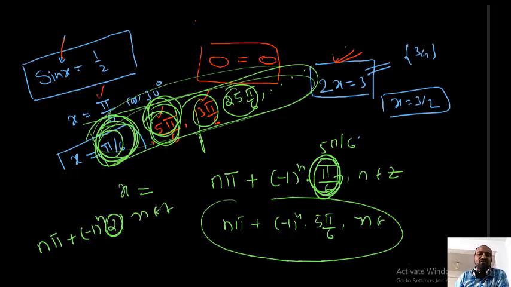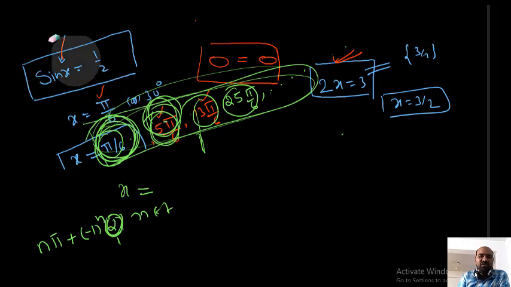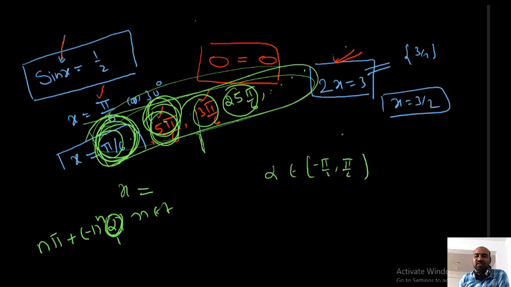So sin x equal half, these all are solutions, any one of them is called a particular solution. Alpha is a particular solution. Instead of this alpha, any angle you can write, either pi by 6, or 5 pi by 6, or 13 pi by 6, or 25 pi by 6, anything you can write. Okay students, so what is alpha? Alpha stands for a particular solution, but in our textbooks they say that alpha should belong to minus pi by 2 to pi by 2. Some other textbooks say alpha should belong to 0 to 2 pi. All give the same meaning.